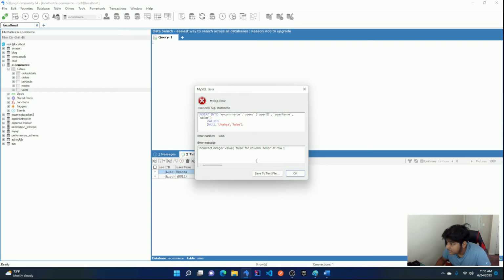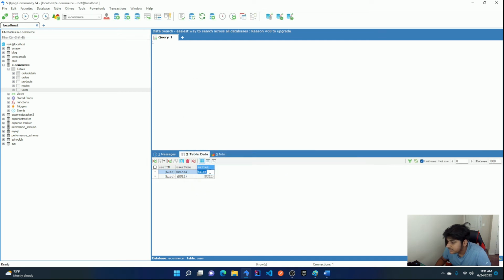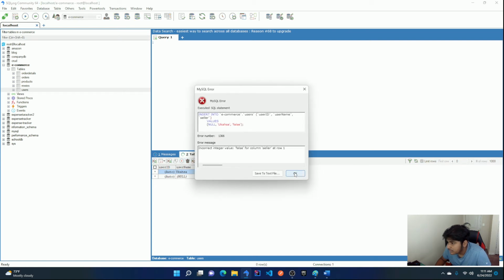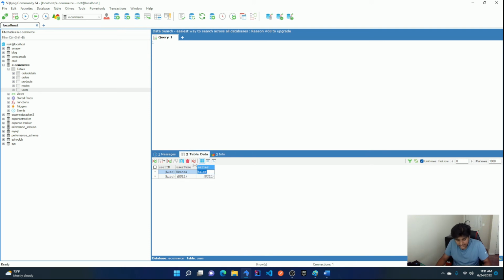What happened? Why is false not working? I think this works like with 1 and 2. Yeah, so I think 1 is true and 2 is false. That's how it works. Yeah, there we go. Okay, so 2 is false, and just to prove that, if I do 3,